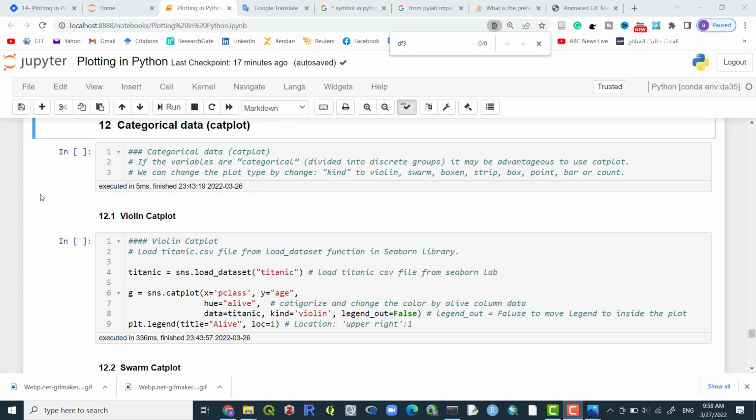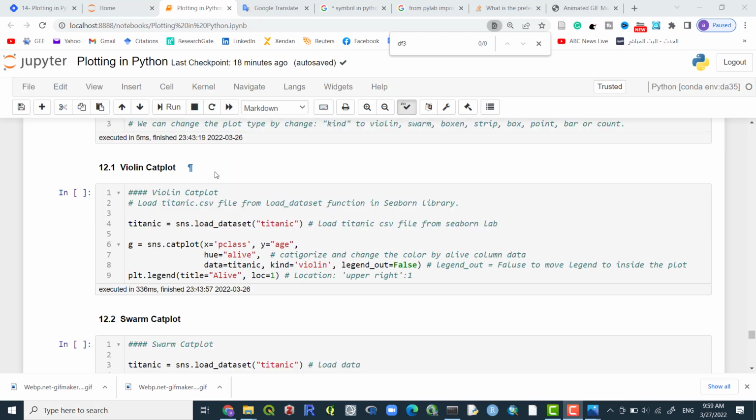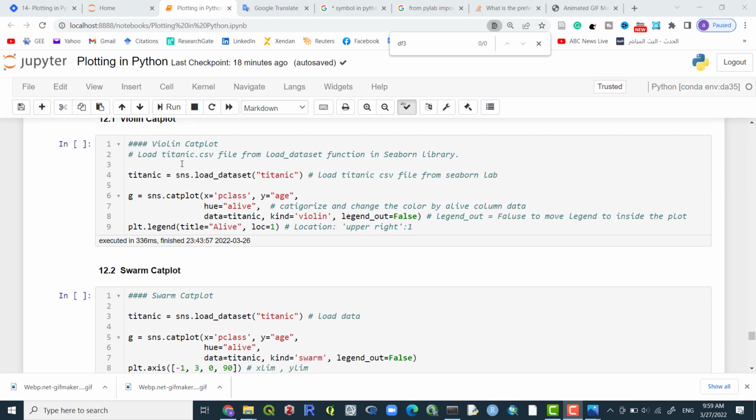The next type of plots are categorical data, catplot, categorical plot. For example, if you have variables divided into discrete groups, it may be advantageous to use catplot. You have different types of catplot. You can change them by changing the kind to, for example, violin, swarm, boxen, strip, box plot, point, bar, and count. The first one, violin catplot, starting with the